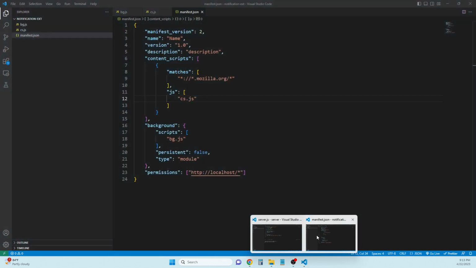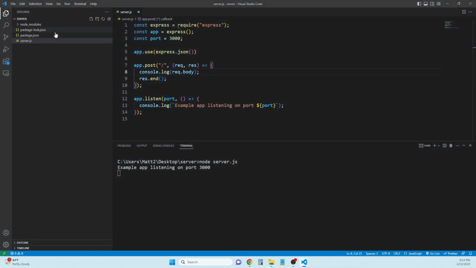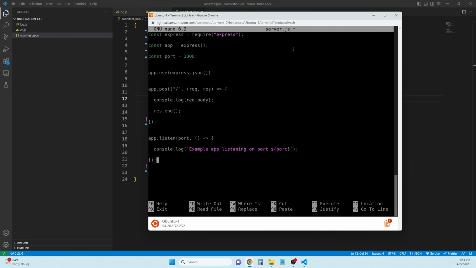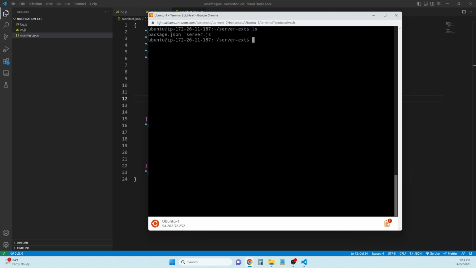Copy this over. If I end up doing too much work on this, I'm going to connect VS Code to the server, but for now I'll just do the copying over as I'm testing this. npm i express,